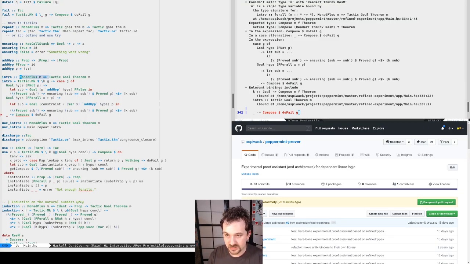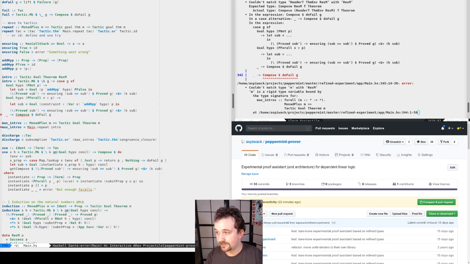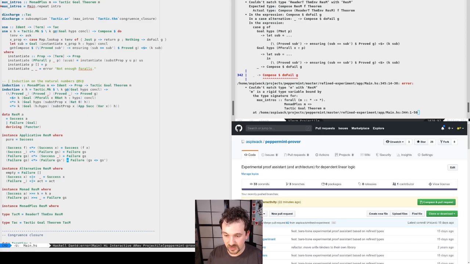Okay, so yeah, I was wondering if there was an A somewhere. Still doesn't work. Compose reader T. Why, what, why? Oh, it is correct. And that's because there was a name, right? This tack.